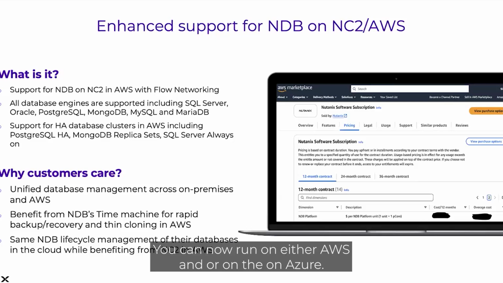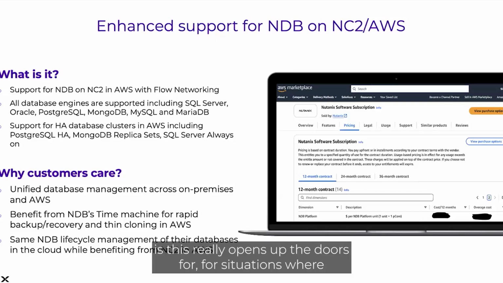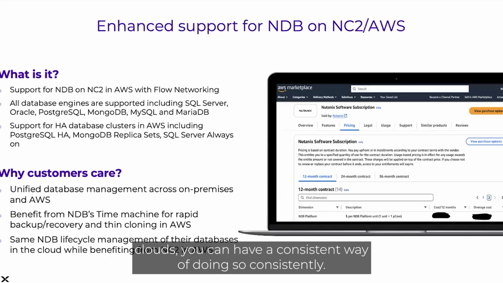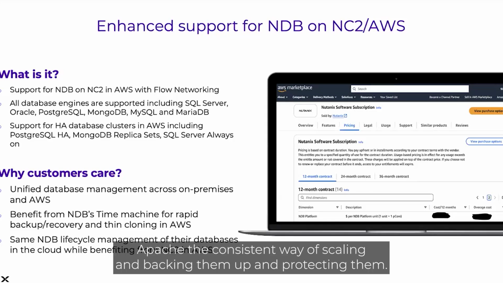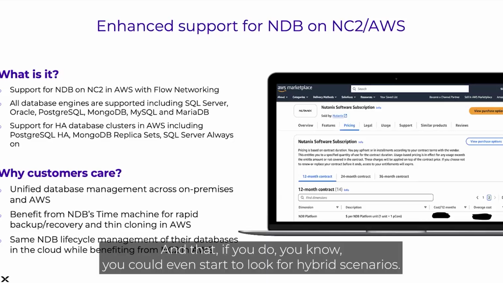You can now run on either AWS and or on Azure. And I guess from a benefit perspective, really the key benefit here is this really opens up the doors for situations where if you do need to deploy your databases across multiple clouds, you can have a consistent way of doing so, consistent way of patching them, consistent way of scaling and backing them up and protecting them. And that if you do, you could even start to explore